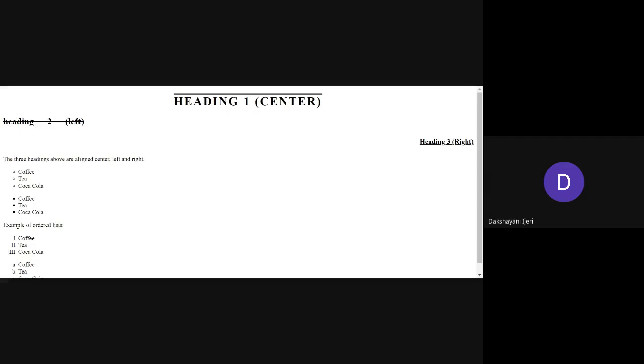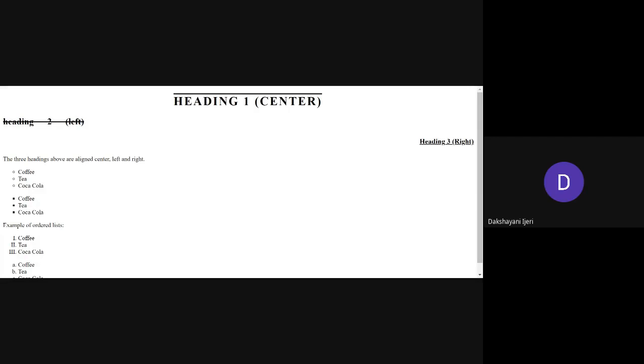You can see this is the heading 2 text that has been included, and for which you have set the text align property with the value left. So that's why you are able to see this entire text at the leftmost position of the screen here. And the text decoration property has been set with the value line-through. Line-through means it is going to put a line through the text itself. That's why you are able to see the line through the text here. And the text transform for this text is lowercase, so that's why you are able to see each letter of this text in lowercase.